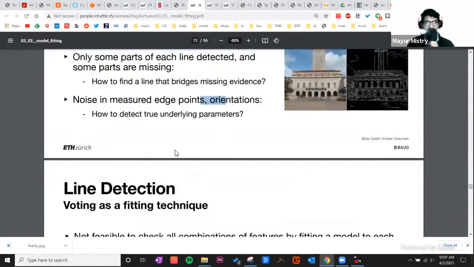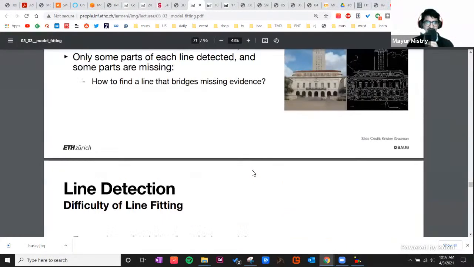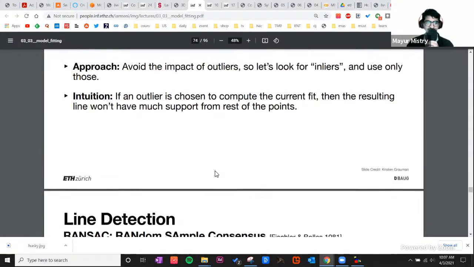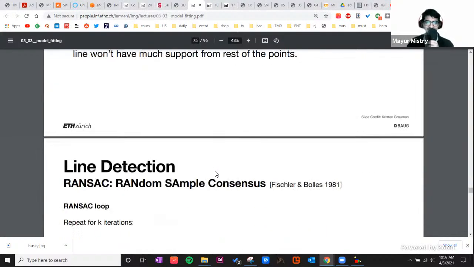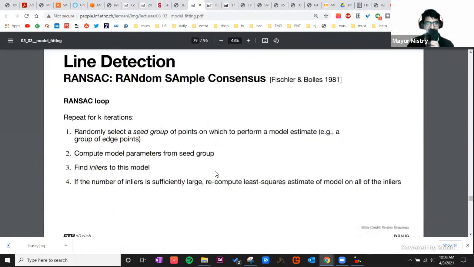And because we have this outlier, random cluster, extra edge points, random sample consensus proves to be a better algorithm to remove those outliers and identify what's the ideal fit. So it basically what it does is,